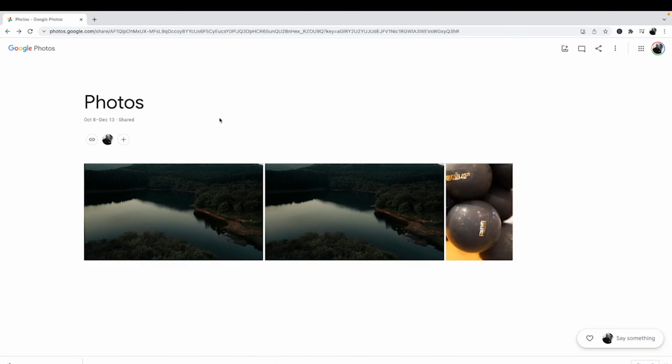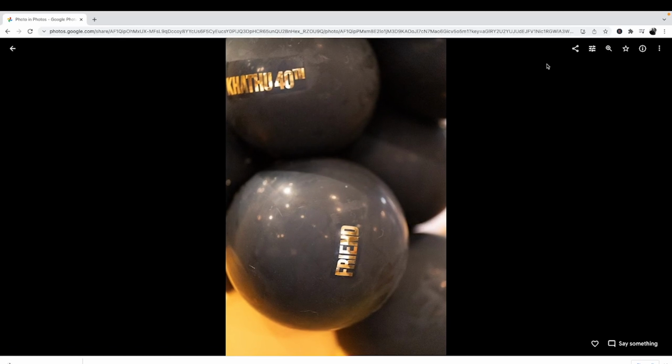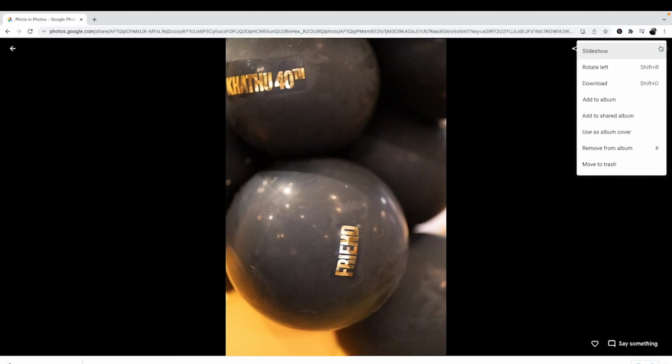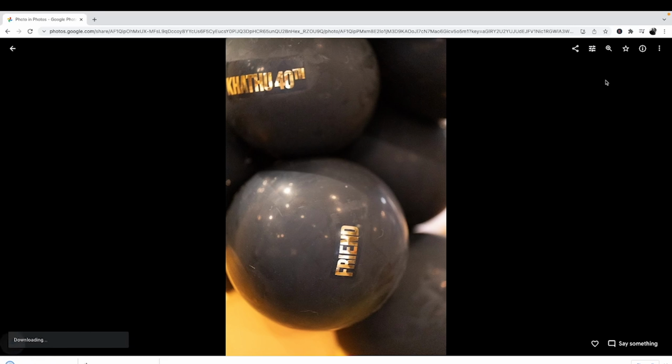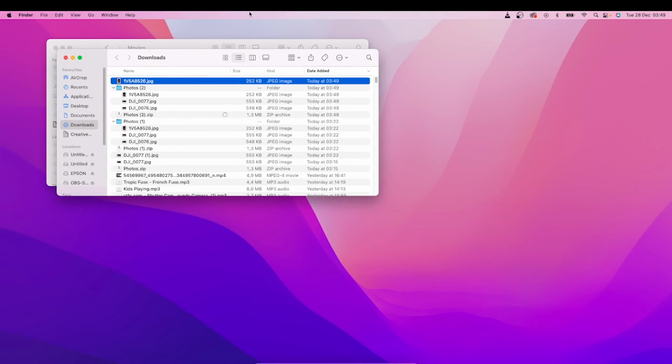Then another second option will be to download an individual photo. So for example, if you want to download that photo, you will still go to the same three dots, and then you select it. Only that now you're gonna have to select download. Download all will not be there because you've already selected one photo. Then if you go select, and then you'll go to show in Finder, and then you'll find it here, which is the individual photo that you just downloaded.